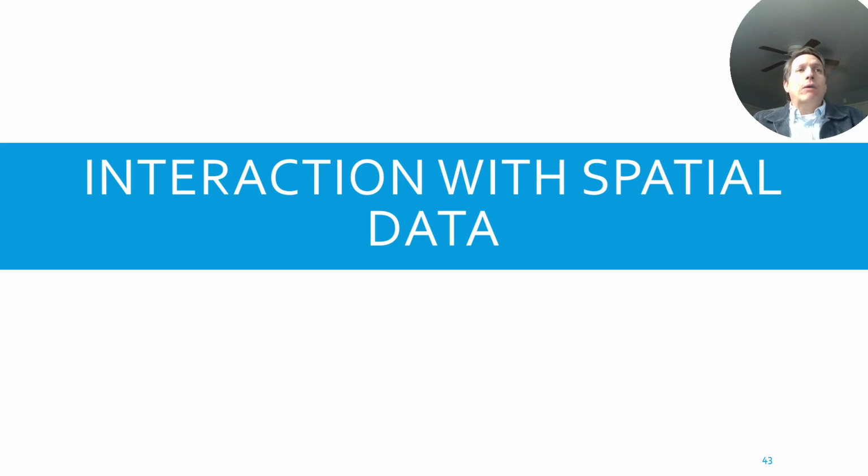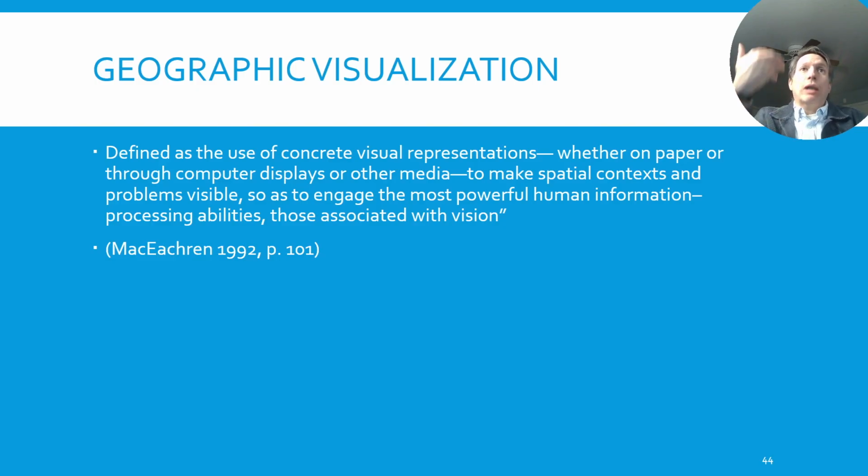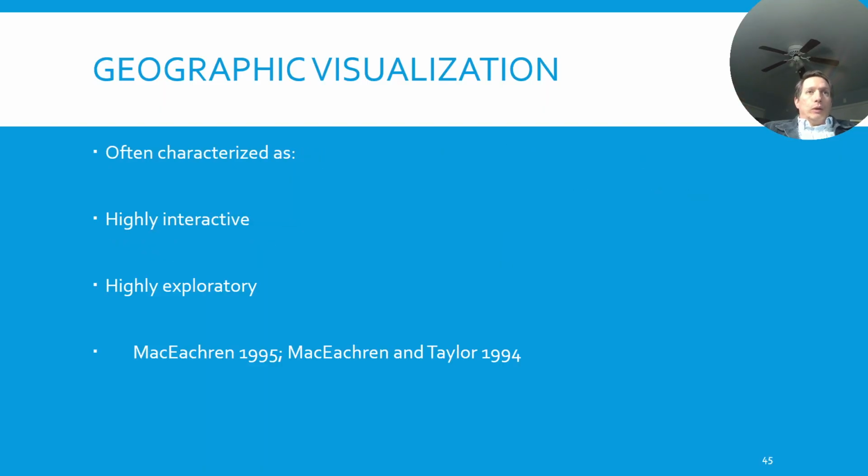Now, when we interact with the spatial data, and that's the geographical visualization, I have already provided you some examples. Then basically is when we use that spatial context and make that problem visible to be able to engage with people. And that's a really powerful thing. And when we are talking about population, when we are talking about communities, putting things in the context of the space is really important. Then geographical visualization usually is highly interactive, highly exploratory, and that has been defined by these